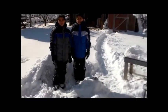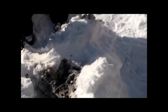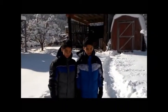Okay, you guys, as you see, we dug the snow out of the fire pit. There's still a little bit of snow mixed in with ashes and ice under that, and tall snow around it. Some of it's about a foot deep, and some of it's on rocks, a little bit taller. So what we're going to do in our experiment is make a fire in here, and I wanted to ask you guys,